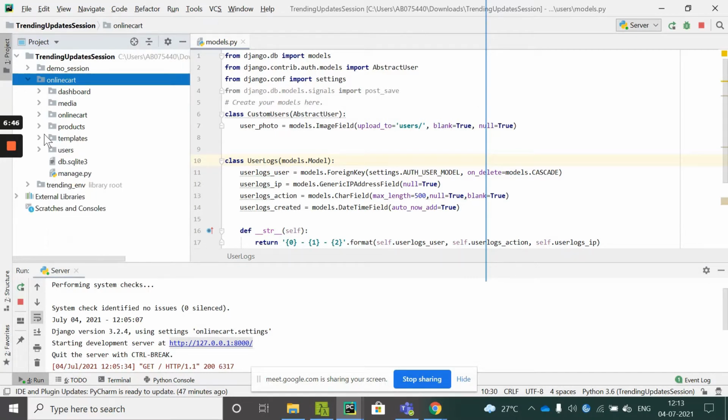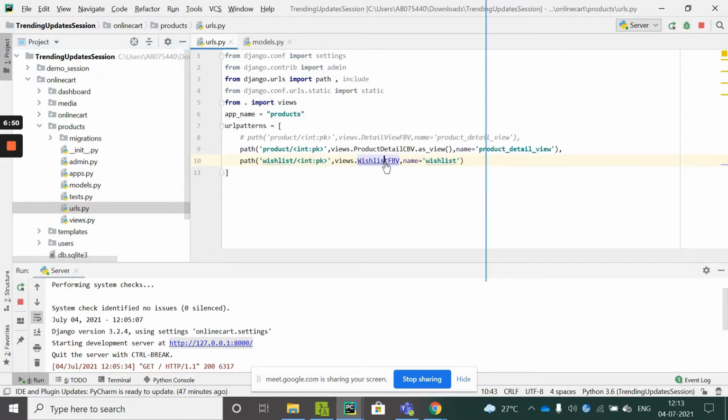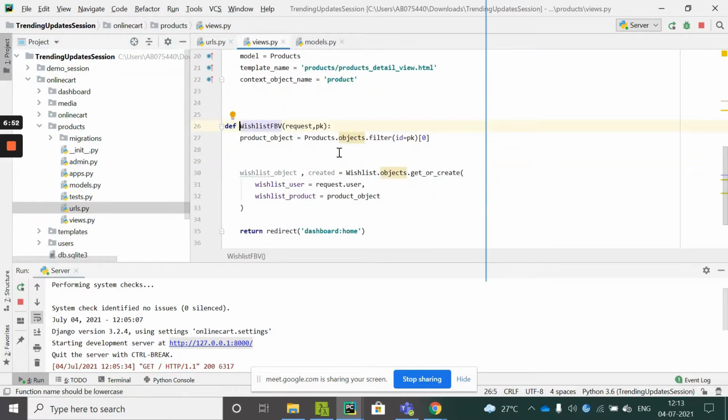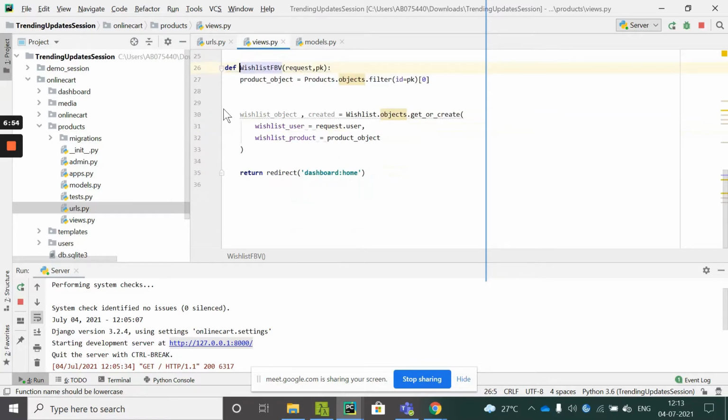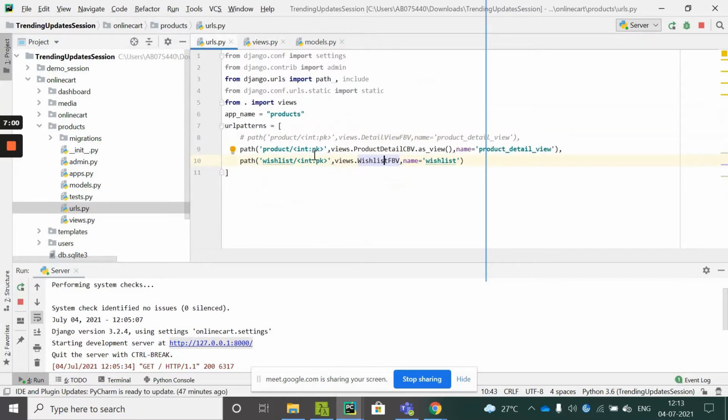inside products, we had created this wishlist function based view. Okay, we'll create one more URL path here like this.